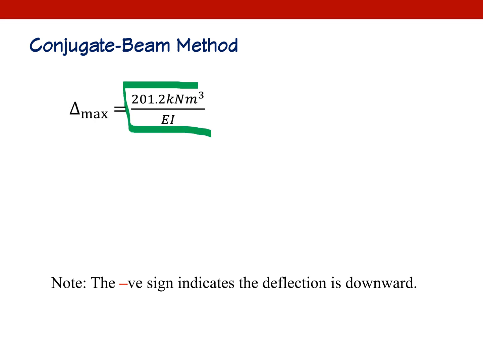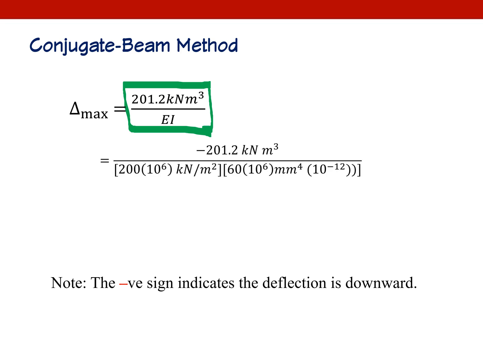On the previous page, I've got this value. And if you plug in EI, which is given, then you will see that 10 to 6 and K is 10 to 3rd, right? So that 10 to 9th will be